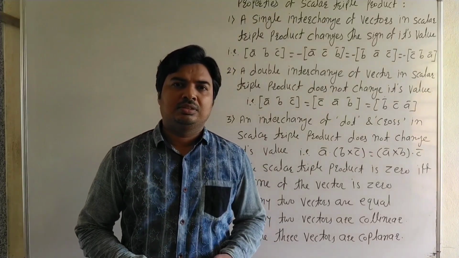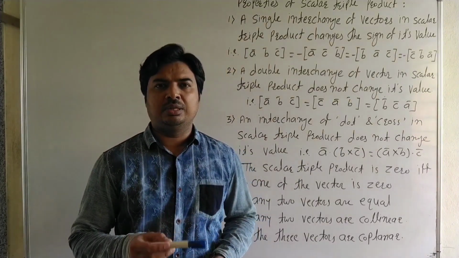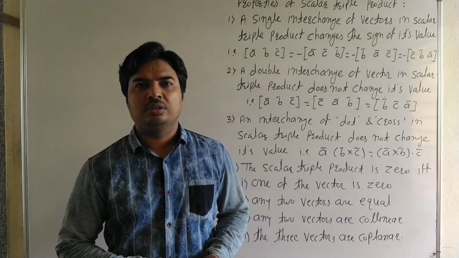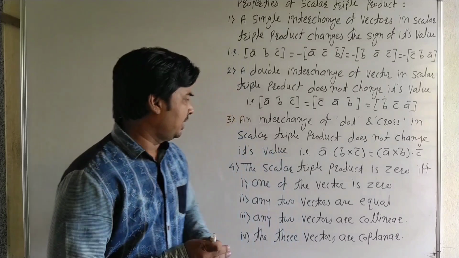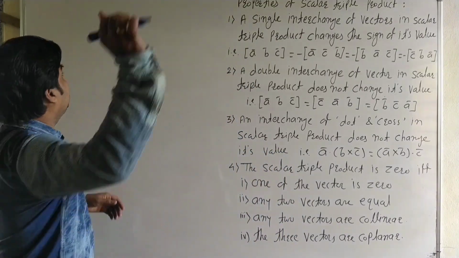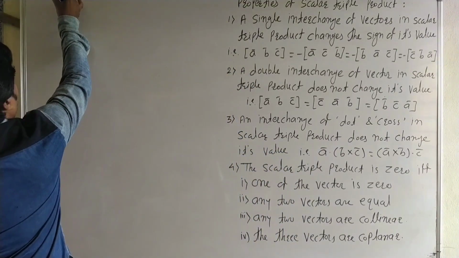Hello students, in the last lecture we saw the definition of the scalar triple product. Now we see the properties of the scalar triple product. Here, for the scalar triple product, we know that when the vectors, let